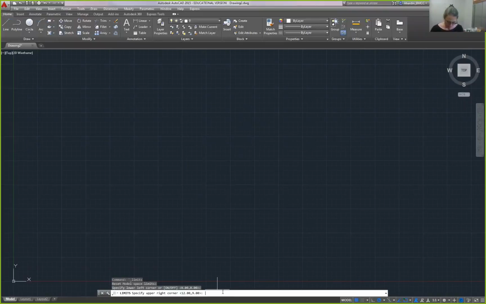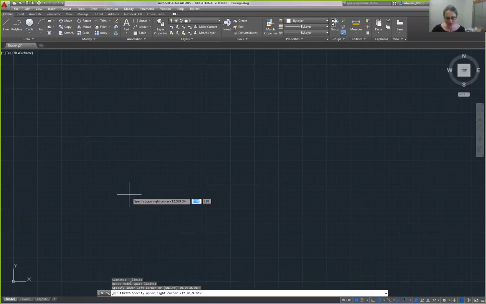so that it accepts the 0,0 as the lower limit. And now we know that the drawing we're going to use, because we want it all to fit on one page, is going to be no more than 12 inches from the X on the horizontal and no more than 9 on the vertical. So we could move our cursor until we get to the point 12,9,